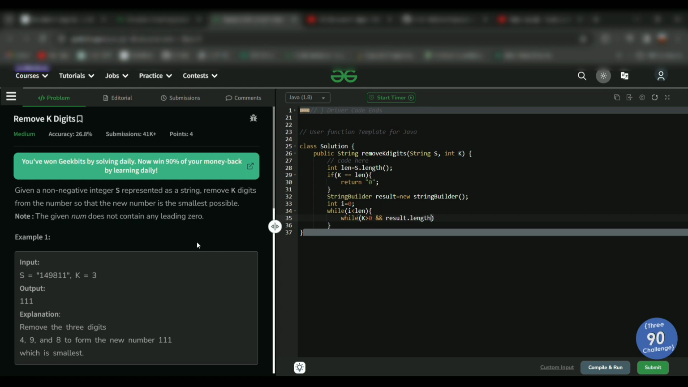Here we will check the previous value in the result variable. So whatever our result is, we have to find the last character and compare it with the present character. For that, result.charAt(result.length() - 1) will give the last character of our result string, and if this is greater than the current character of our original string, that is s.charAt(i),